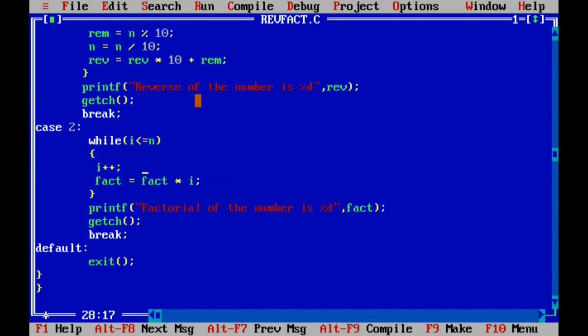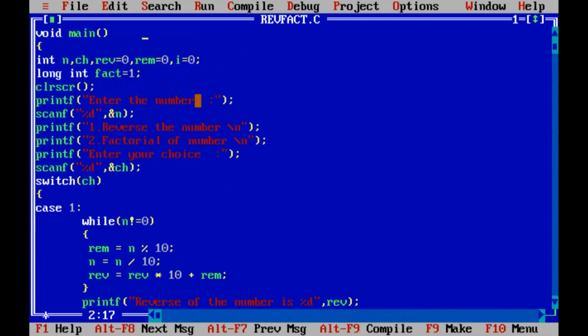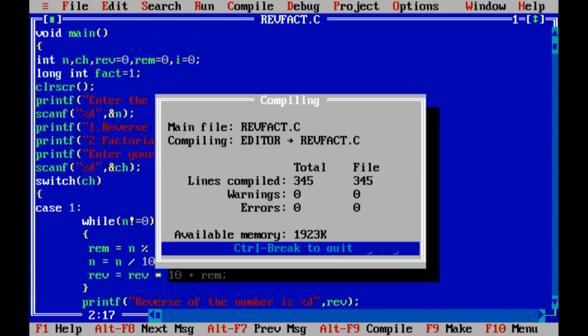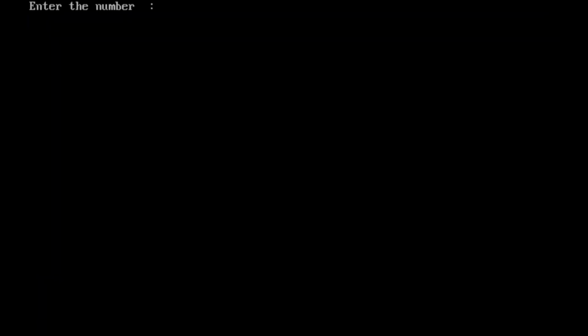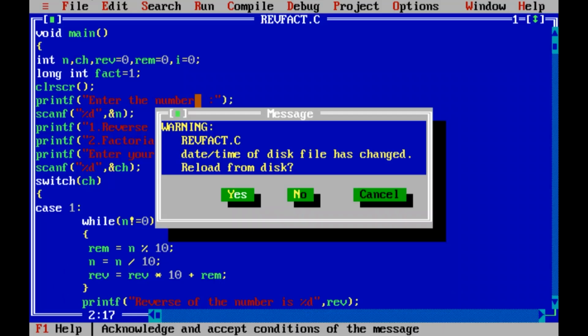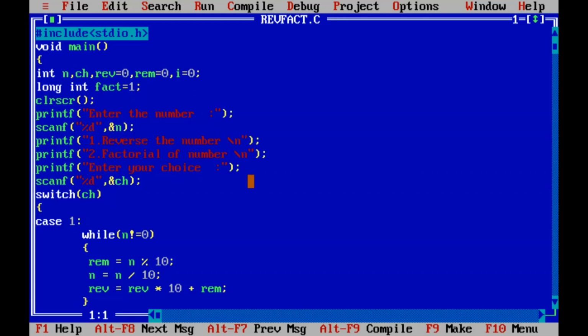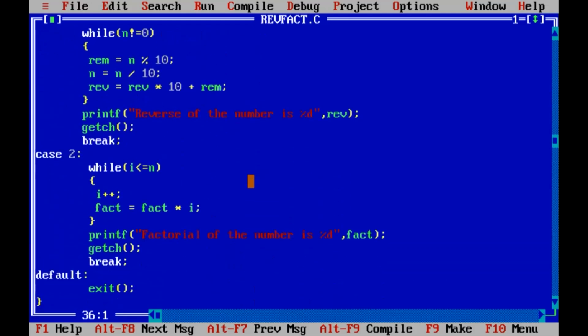I value I had initialized to 0, right? I should get 120 in the first step of fact equal to 1.